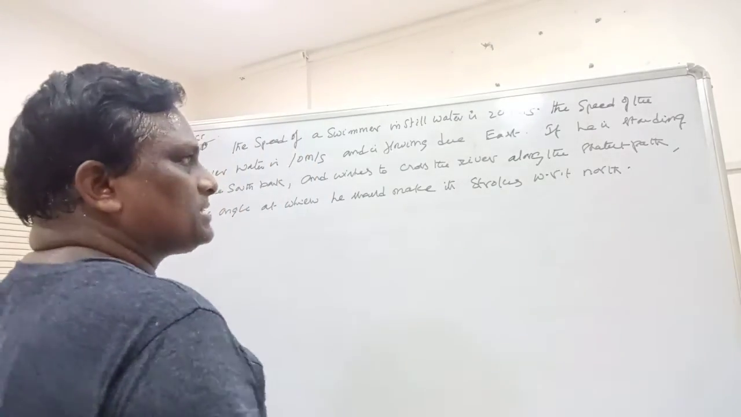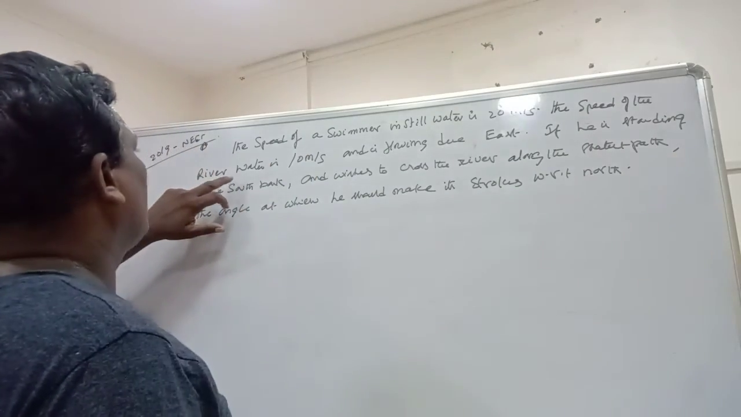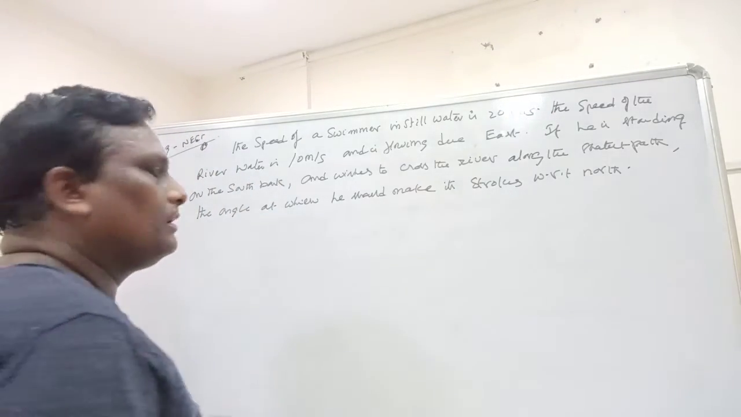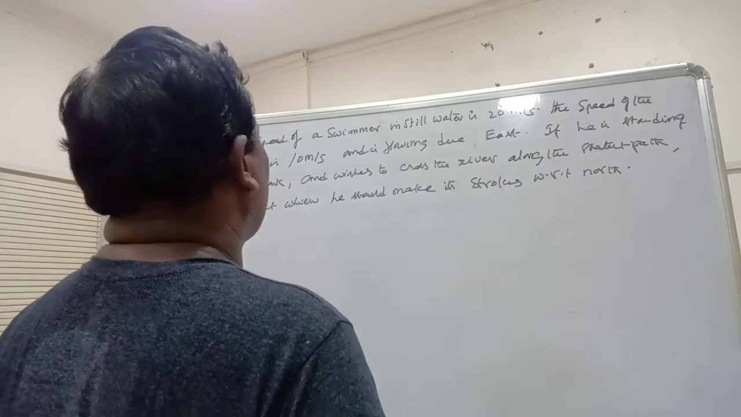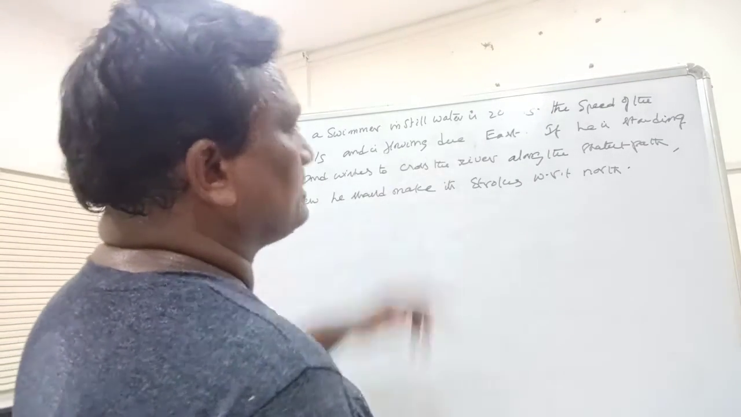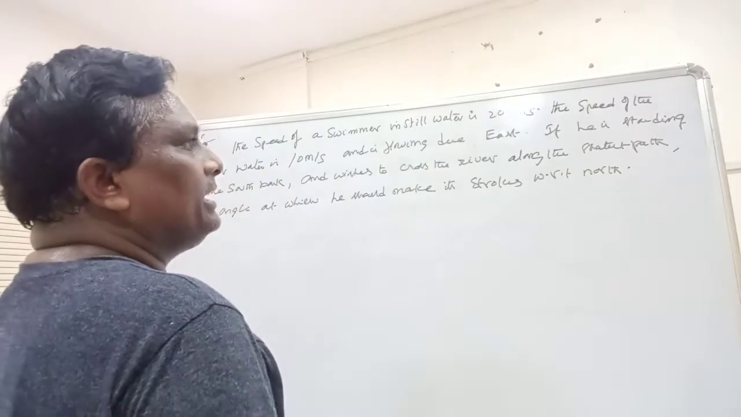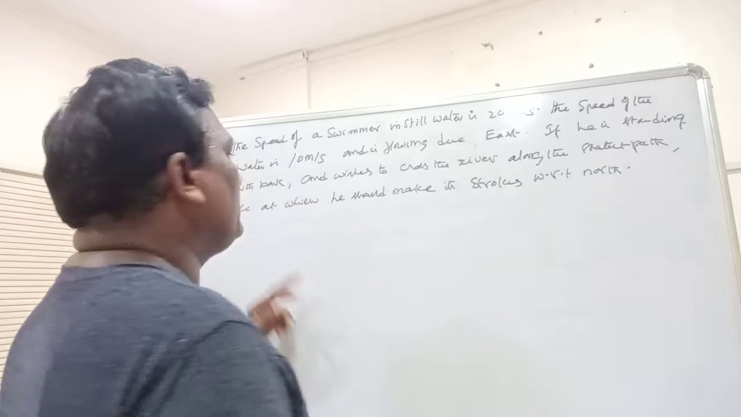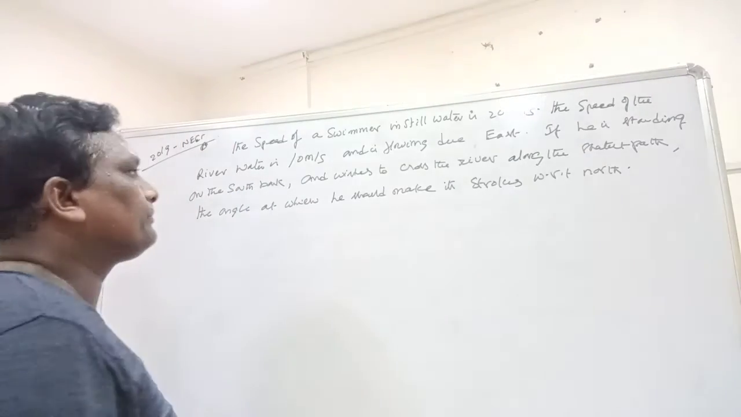The speed of the river water is 10 meter per second and is flowing due east. If he is standing on the south bank and